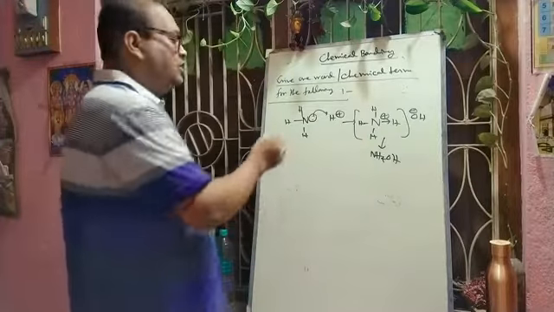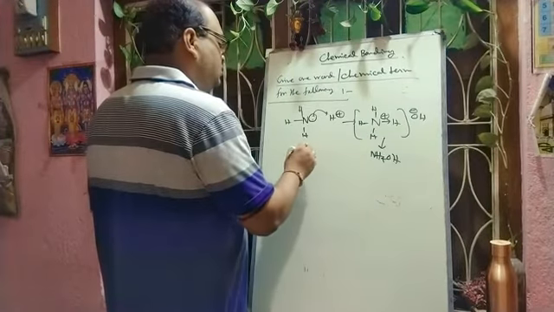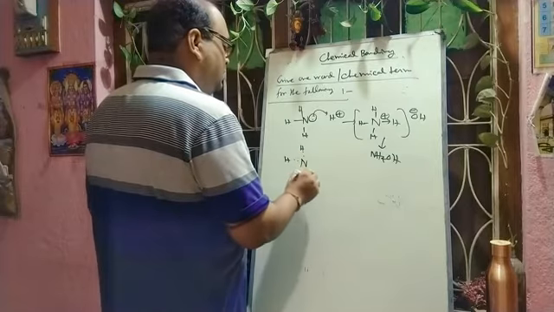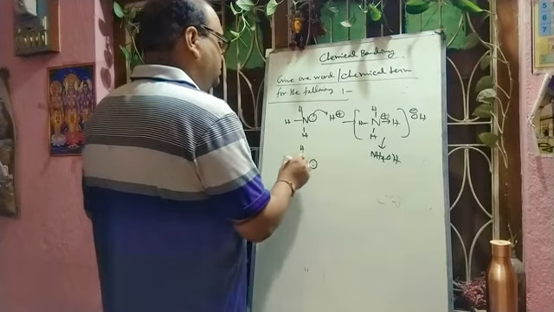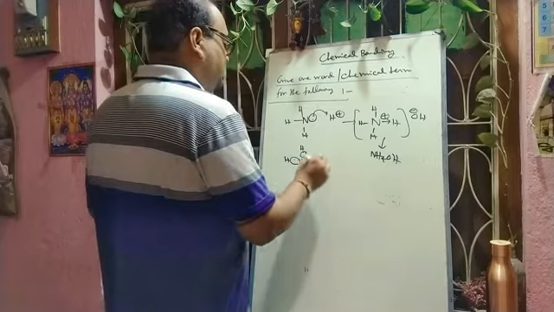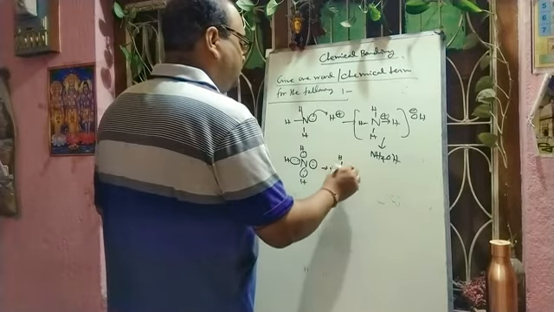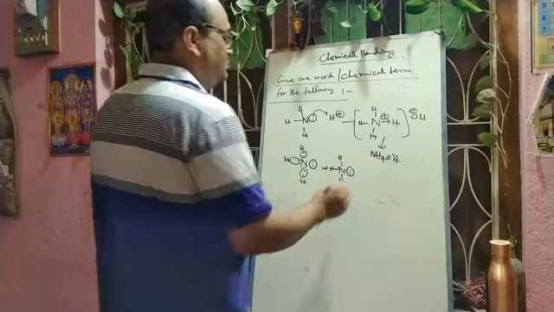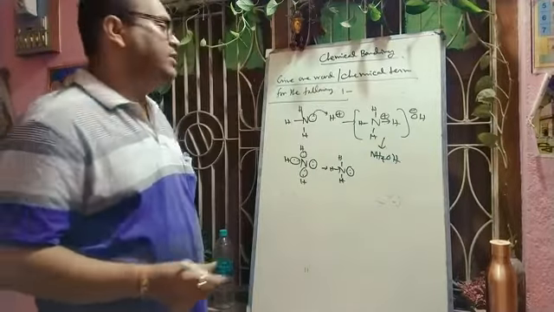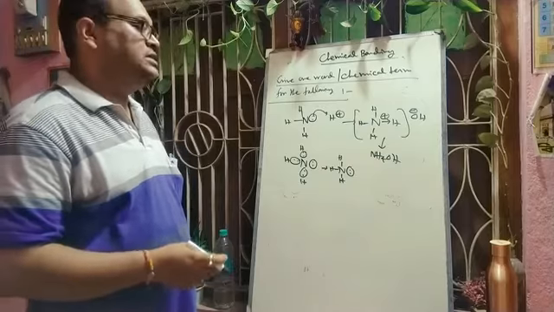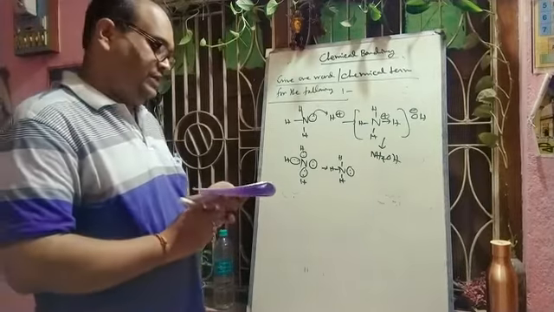And if you want to draw the ammonia electron dot structure, each hydrogen is giving 1 electron to nitrogen, and nitrogen contains one lone pair. So definitely we will get the molecule like this. This is the structure of ammonia, which donates its lone pair to H plus to form NH4 plus, and then with OH minus. In this way we will get the structure of NH4OH.